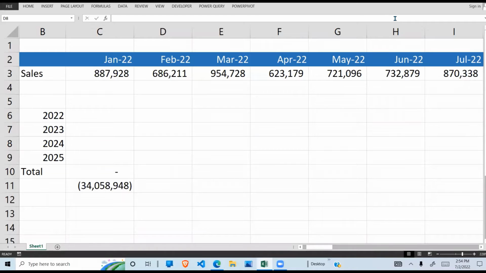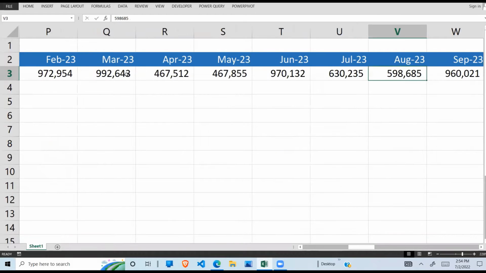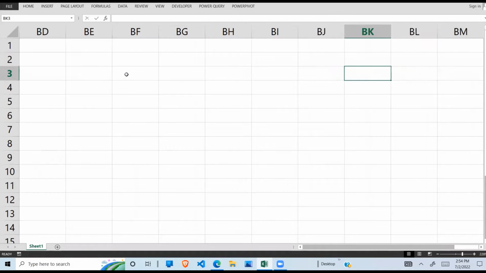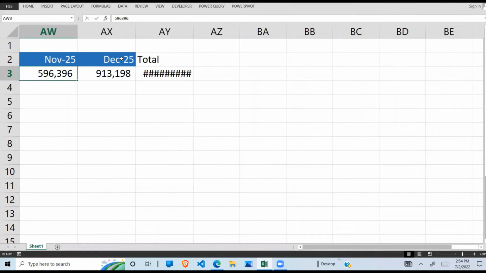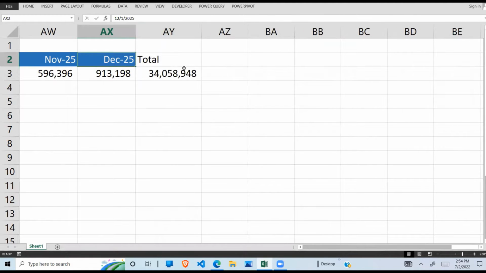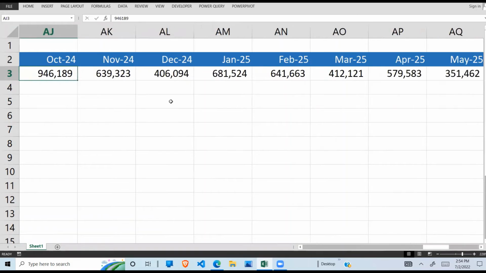In this video, I'm going to show you a most efficient way of summing up figures like this. So I have figures running from January 2022 all the way to the right up to December 2025, with a total of 34 million and some figures.